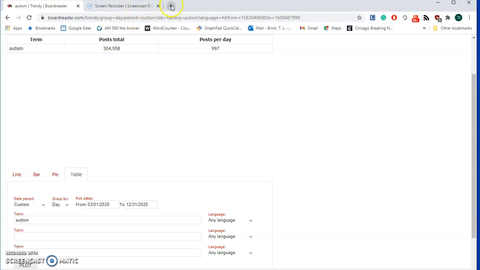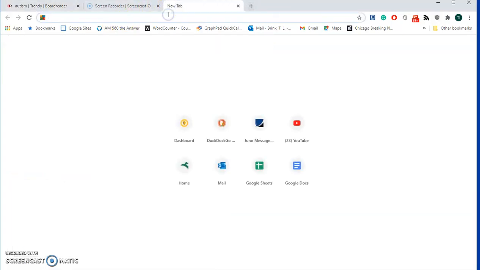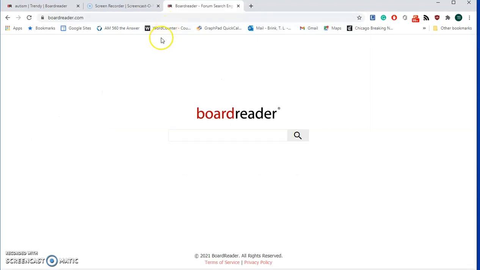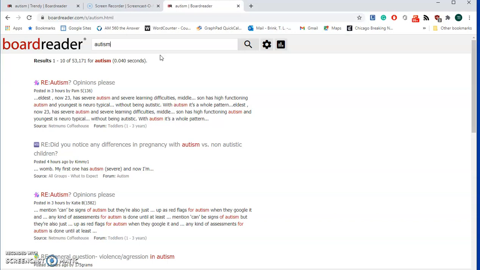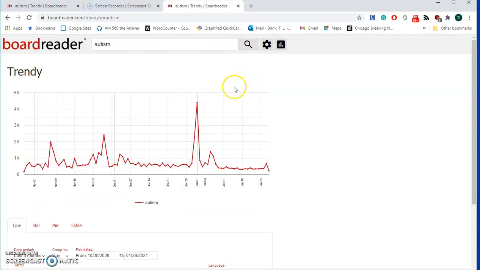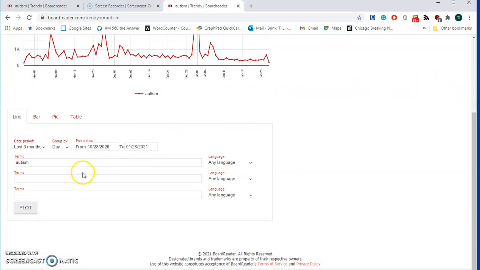Now, it's just easier if we go through this process again to get our data for the comparable 2019 period. So once again, I'm typing in Boardreader. I'm typing in autism, and I'm going to click on the table, and I'm going to select a custom period,